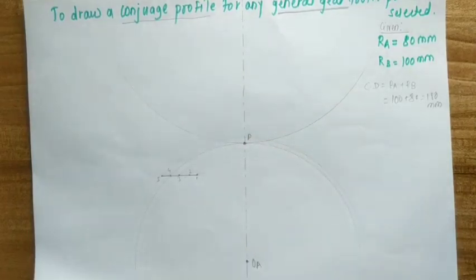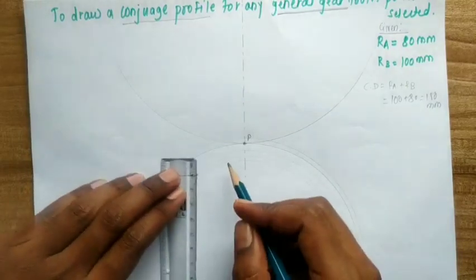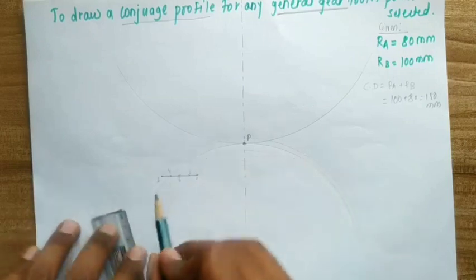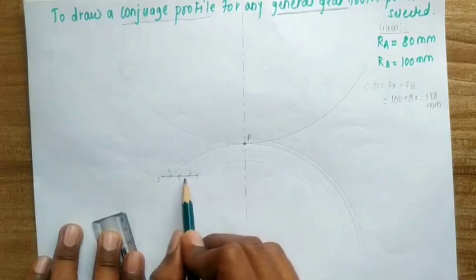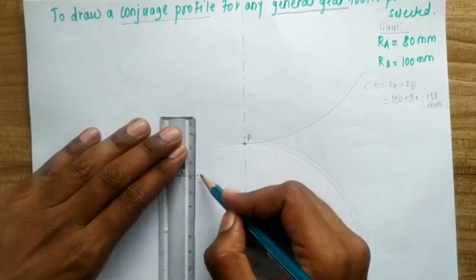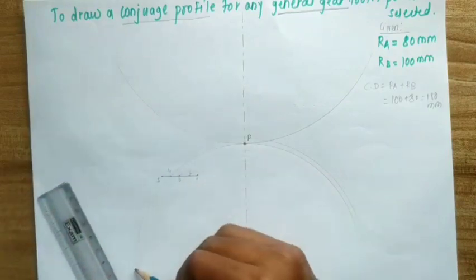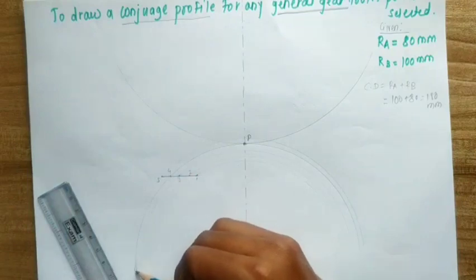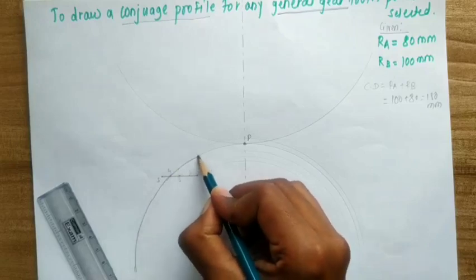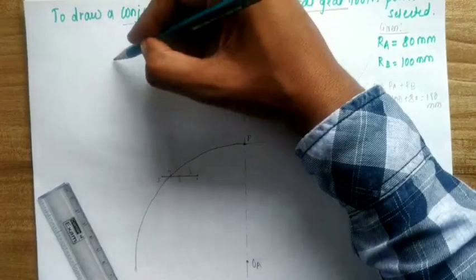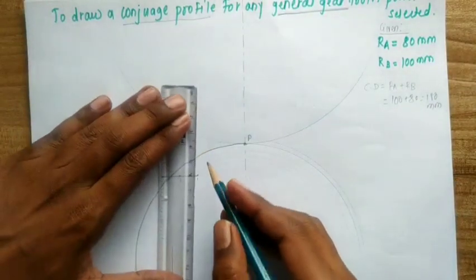Now what I do is I will draw normals to this selected gear tooth profile. So the next step is to draw normals to this gear tooth profile through these selected points. Means draw a normal to this gear tooth profile through the 5 points, up to where it intersects the pitch circle. You know that this will be the pitch circle of gear A, and this will be the pitch circle of gear B. So I have to draw normals up to those pitch circles.